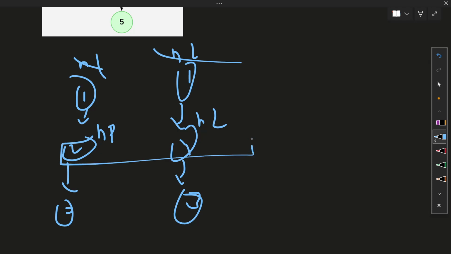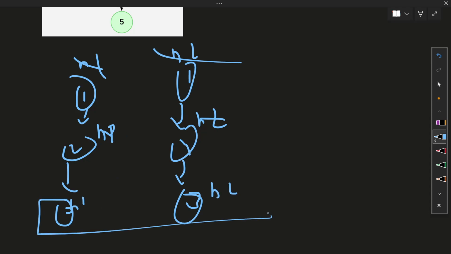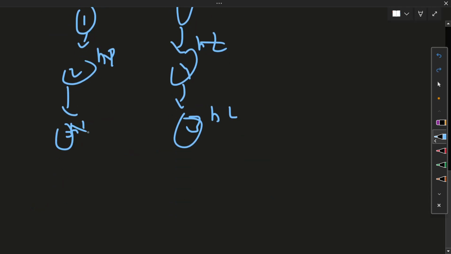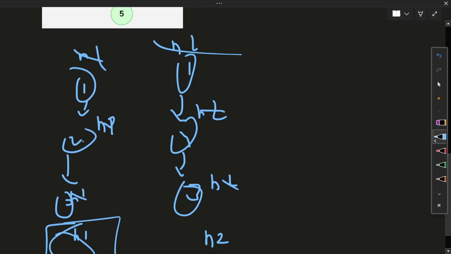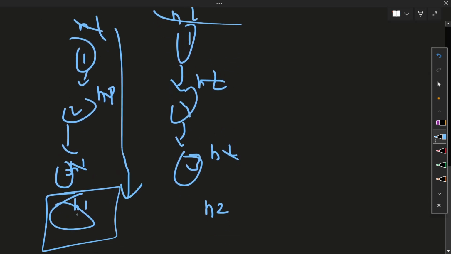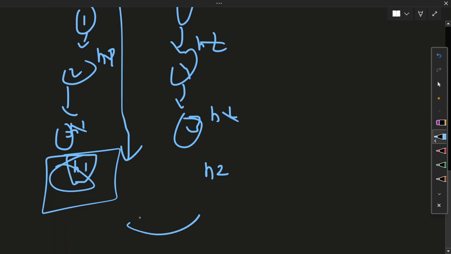The value and node are not equal, so it will jump to the next node, h1 here, h2 here. The value and node are not equal, so we have h1 pointing to null and h2 also pointing to null. Because we have the same length, if h1 is null, we will just get out of the while loop and return -1.